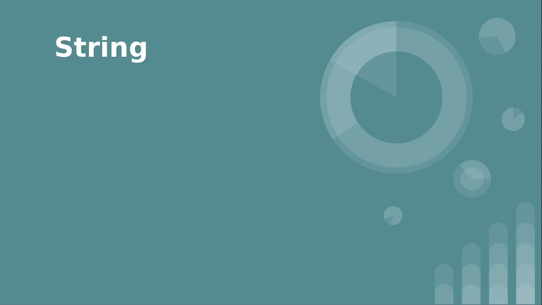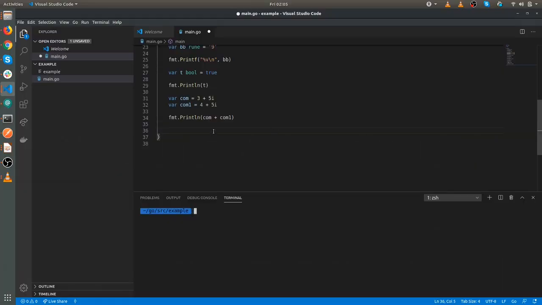Here we have the last data type, string. String can hold letters, words and sentences. Let's take an example of a string. We will take a variable name of string type with value Bob the Coder. Now let's print it.